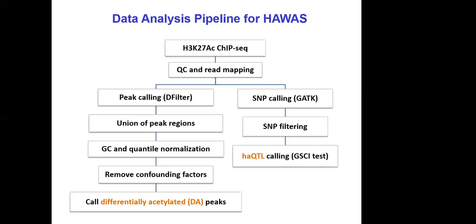That's what Rick's pipeline does, and we use Rick's pipeline in this project. First we call variants in the human brain regulatory elements, and then we use Rick's algorithm to say which of those genetic variants are correlated with histone acetylation. It's a very powerful statistical test that he developed. It combines both peak height variation and allelic imbalance in one statistical test. So we were able to call histone QTLs in human brain, in those 3 brain regions, and also differentially acetylated peaks from the same data, even though we had no genotyping chip data, just ChIP-seq data. So that's what we use the data for.